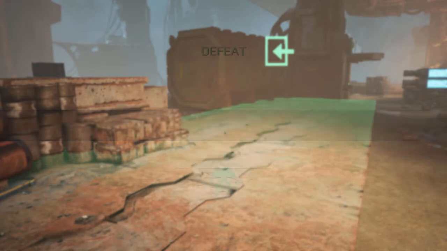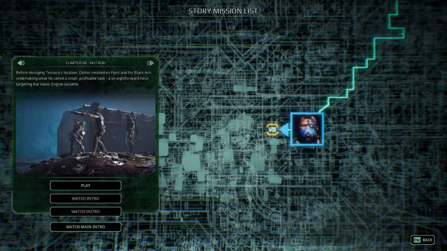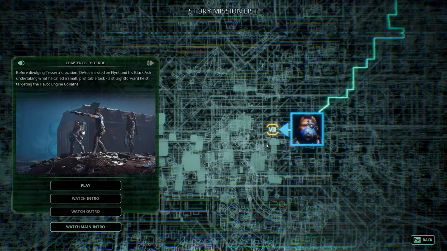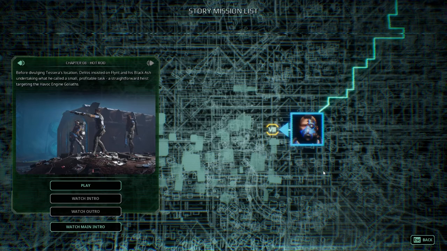What? Why did it say defeat? What? Okay, I'm very, very confused. What happened there? Did I have to kill her, maybe? And I extracted without killing her? Is that what the deal was? But they were just going to get more reinforcements, so...